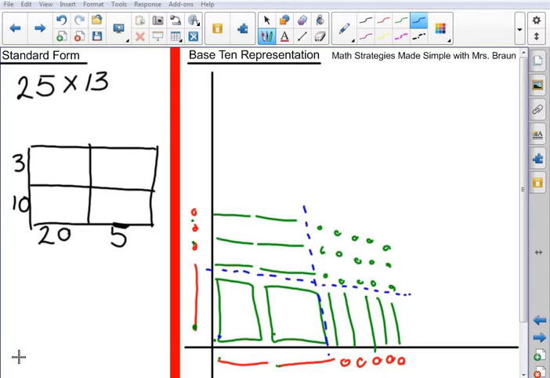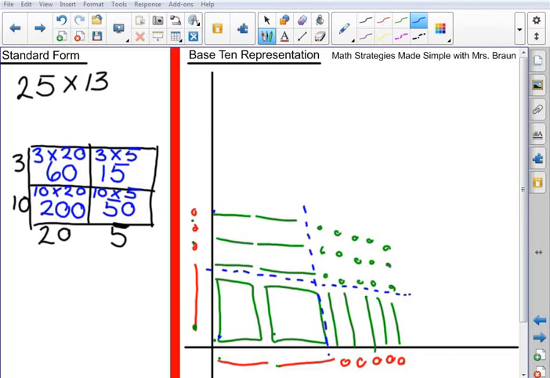Okay, so let's start with down here in the corner with the 100s blocks. So I initially started out with 10, and I'm multiplying it by 20, which gave me 2 100s blocks for 200. Okay, then I moved over here, and I was multiplying 10 times the 5 1s, which gave me 5 10s or 50. Then I moved up here, which I was multiplying the 3 1s times the 20, or the 2 10s, which gave me 60. And then I moved over to my 1s, where I was multiplying 3 times 5, which gave me the 15